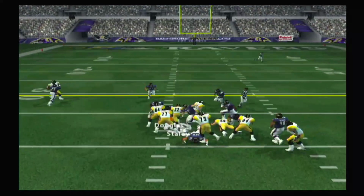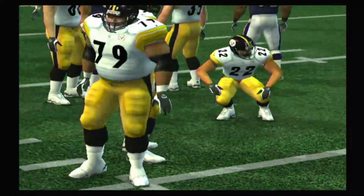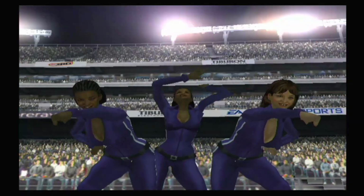Staley. Big hit on the ball carrier. Now, when you talk about getting unloaded on, that's what happened here. He just got unloaded on. 5th play of this drive. 5 yards to go. Baltimore has...